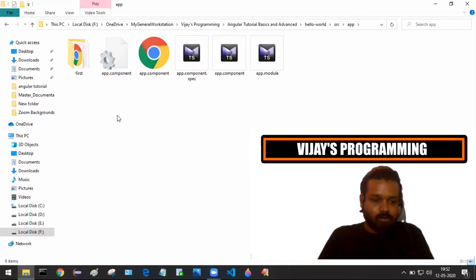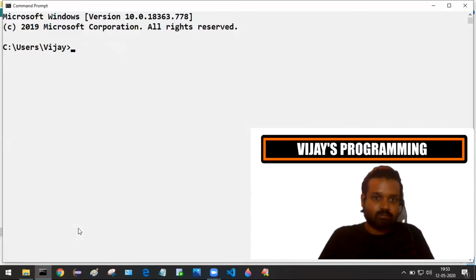The very first thing we need to do is launch the command prompt. Right from the taskbar itself, I can launch the command prompt. Go to the specified path, that is the app's root folder.